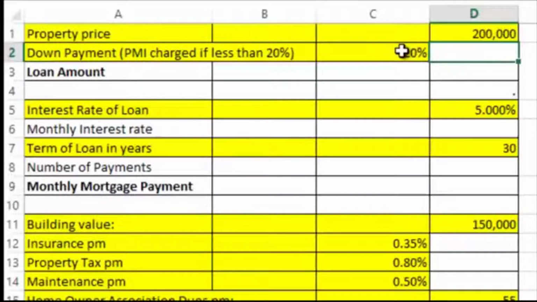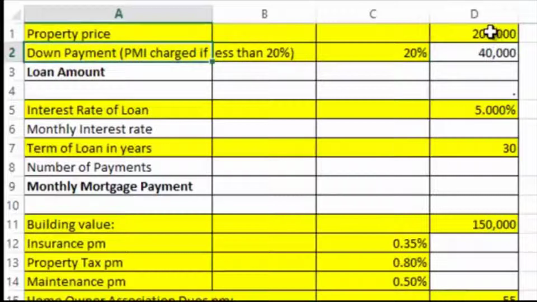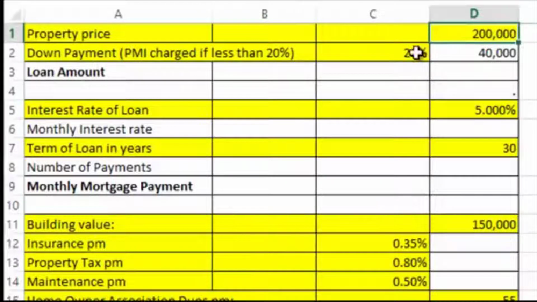Now we've got to get 20% of 200,000. Now I could easily just calculate that. So equals 0.20 times 200,000. But the whole point of using a spreadsheet is that you can adjust some numbers, and then your calculations should change also. Now if I just typed it in like that, and then I decided, hey, the house is going to be 250,000, this 40,000 doesn't change. So I'll have to calculate everything out all over again if I'm doing my calculations using the numbers themselves, right? So the whole point of a spreadsheet